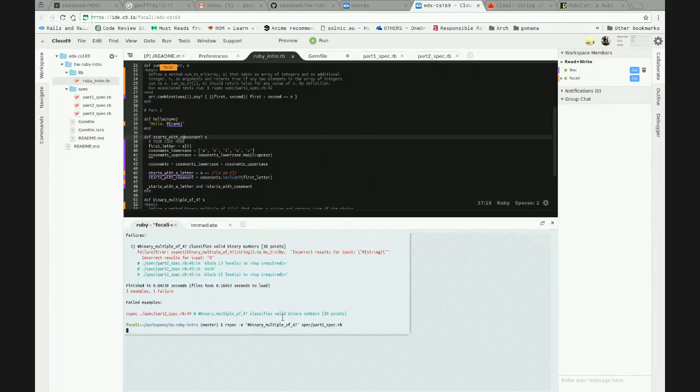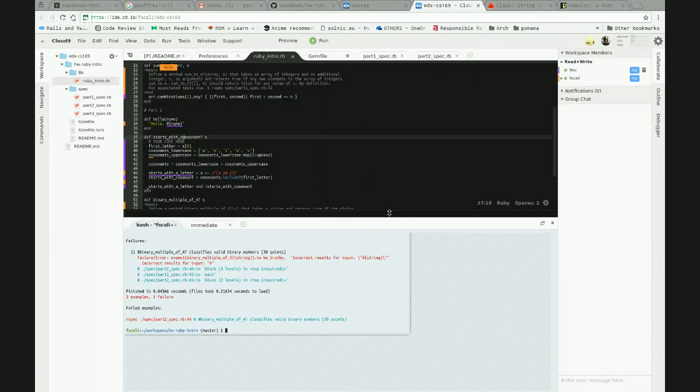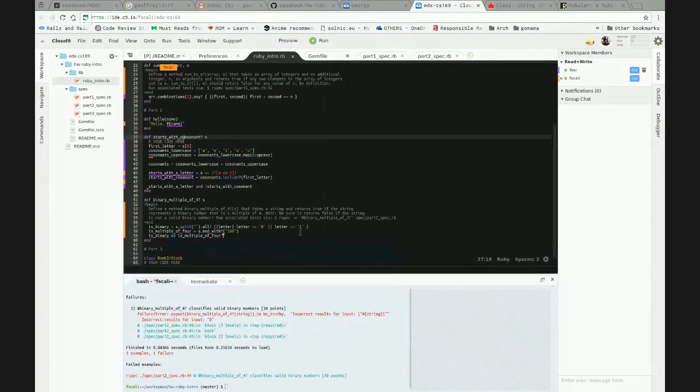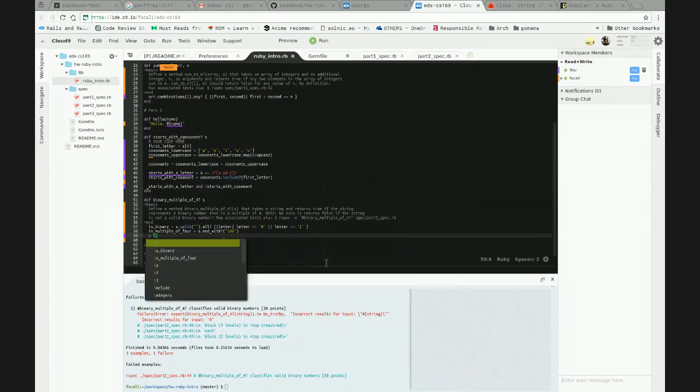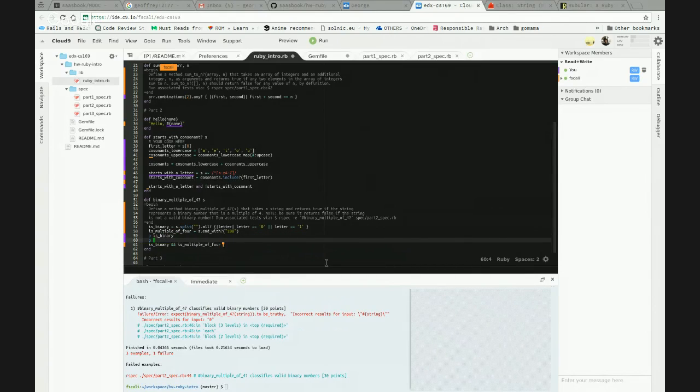See what happens. Let's just debug it. Let's print. And I run the exact failing example because I don't want to see the prints of the other examples that pass.